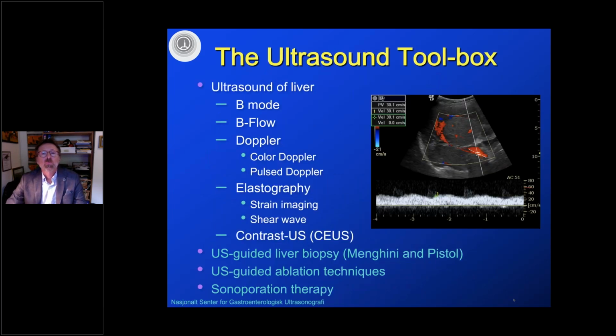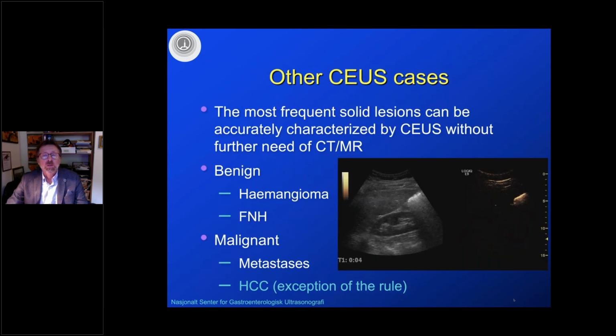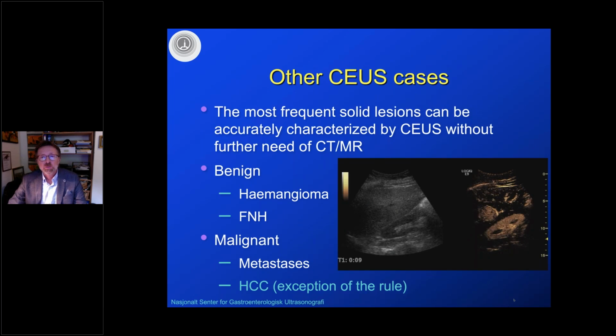So let's move on with the other tools in our toolbox, and we have now come to contrast-enhanced ultrasound. I've already given some examples, and the nice thing about this is that the most frequent solid lesions of the liver can be accurately characterized by contrast-enhanced ultrasound without further need of CT and MRI. However, there are some exceptions to this, but the main benign disorders like hemangioma and FNH, focal nodular hyperplasia, and